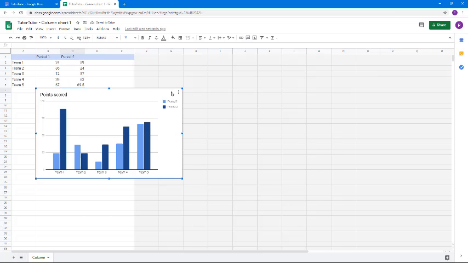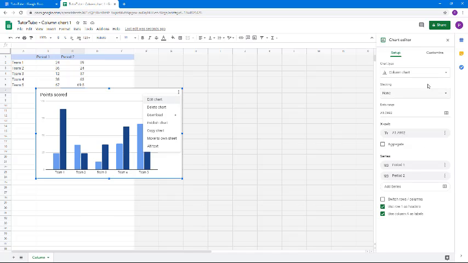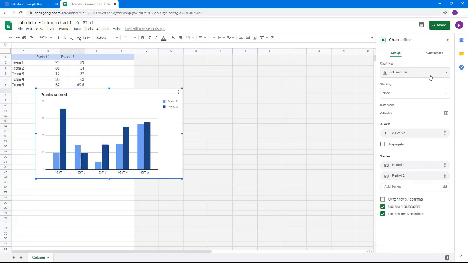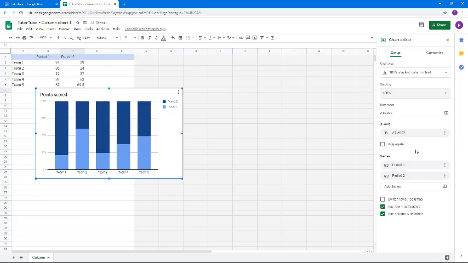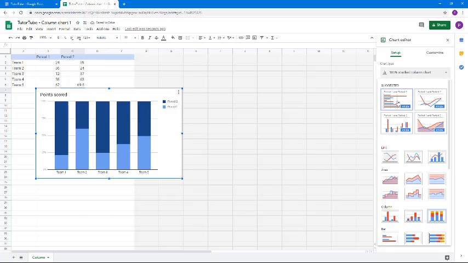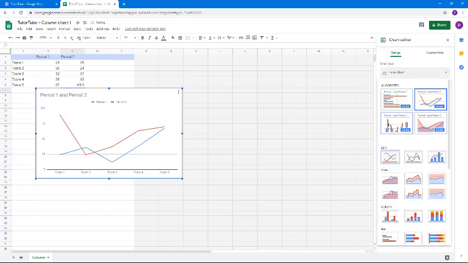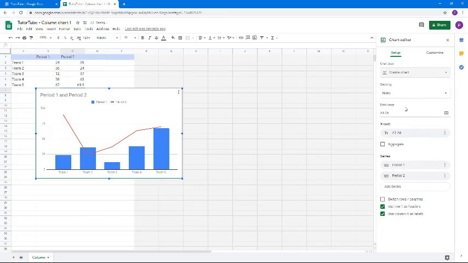So in order to change this even further, you can go around on its options right here. So you can go around and then you can edit the chart altogether, and then you have all of the options right here. You can choose the type of the chart you want over here as well, and you can see that you can change around into 100% right over here, change around the stack column just like that. You can change it around into bar chart right over here, you can change it around into line chart and everything else as well. So let's just go around into column chart itself and then work around with other options